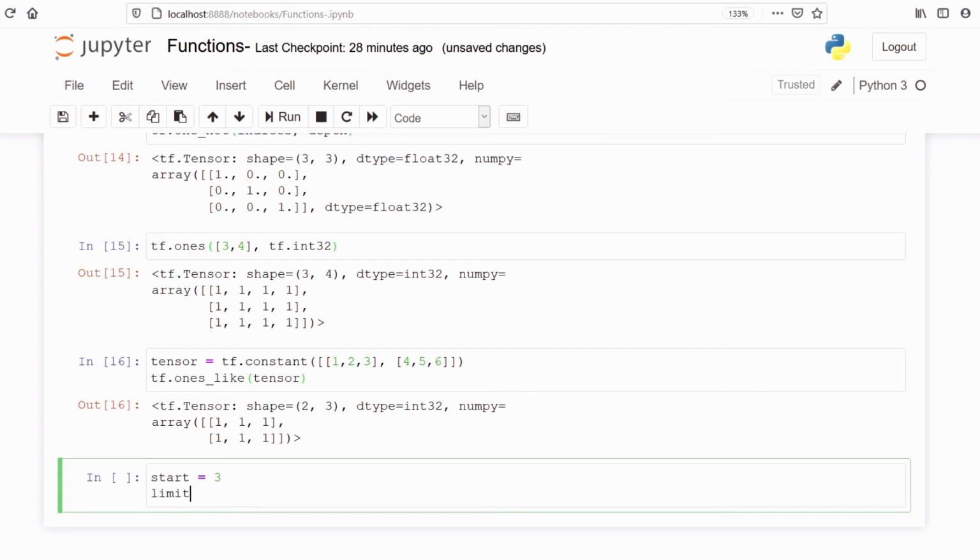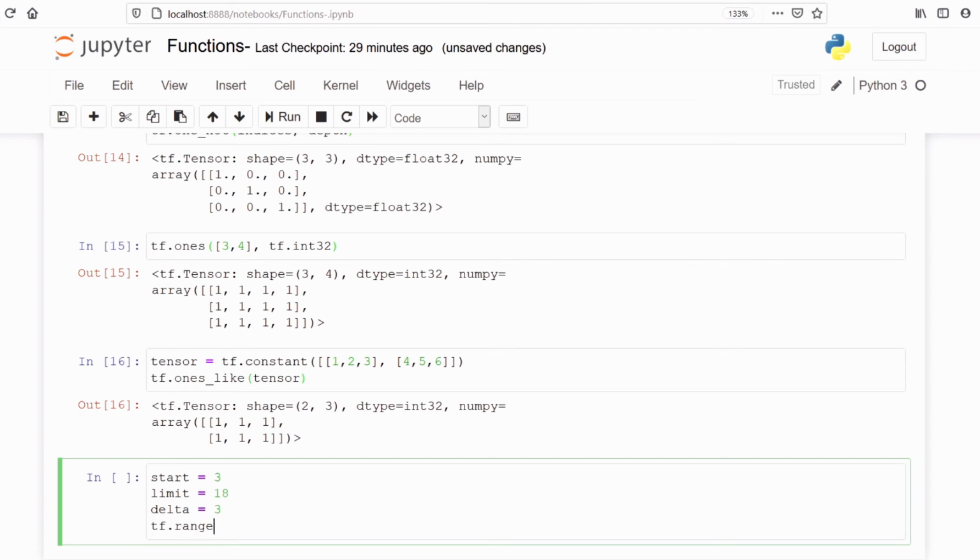We will make one more variable limit and say 18. The maximum number will go up to 18. There is this delta, which is the step size. We want to skip 2 numbers after each number. That is, once we print a number, we are going to skip the next numbers and print the 3rd number after it.